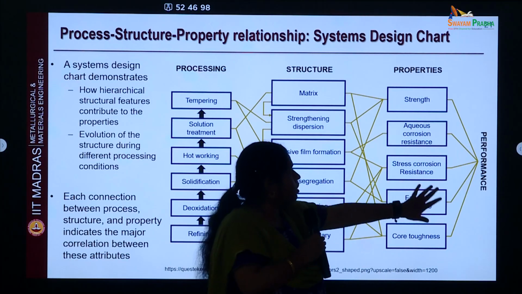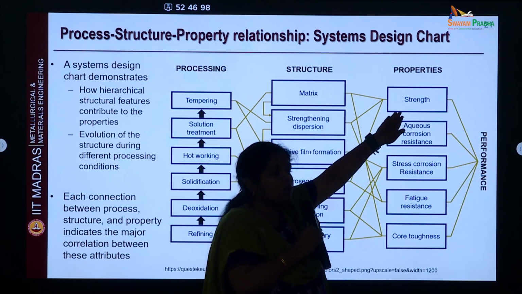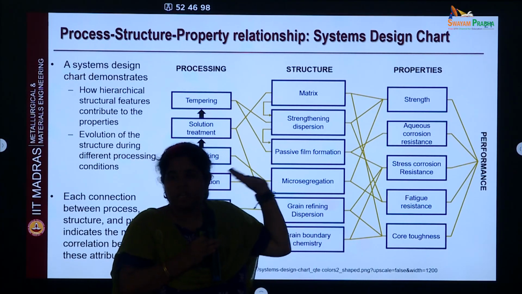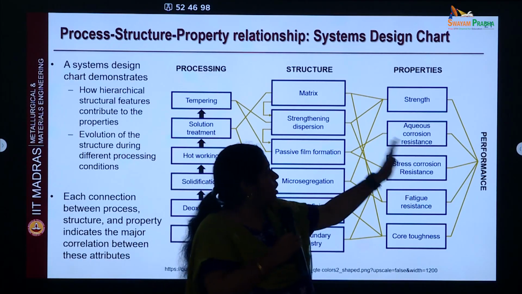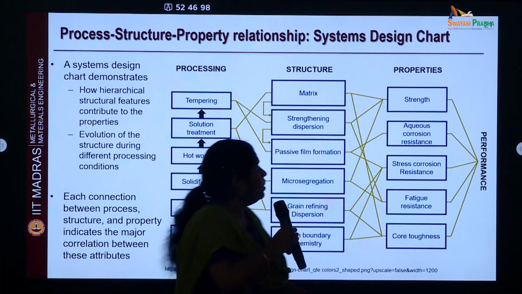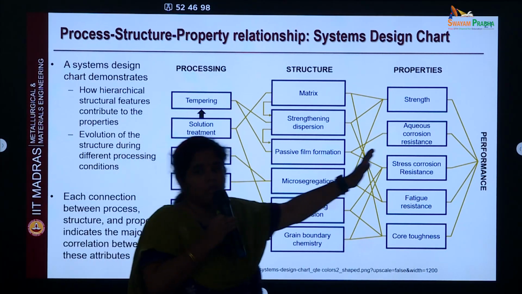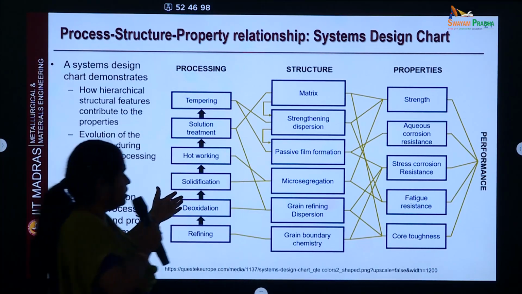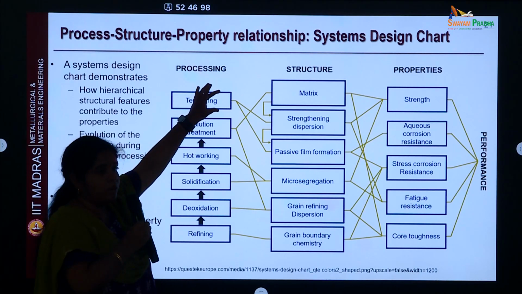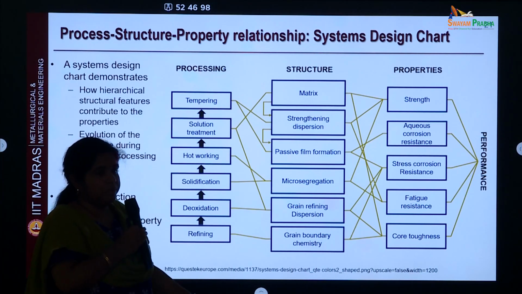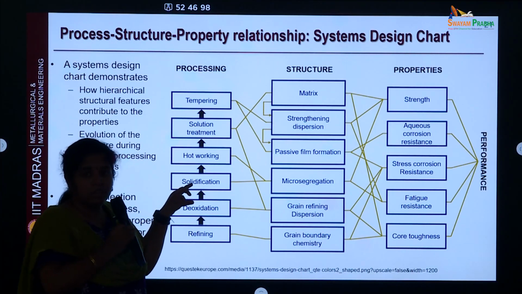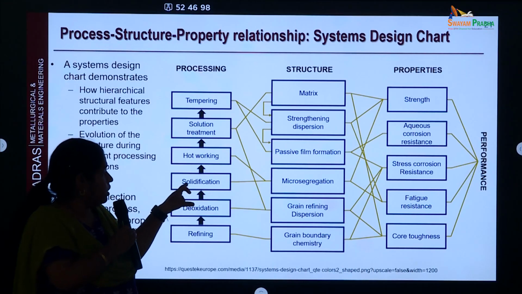Here the targets are not given, but typically the targets are also clearly specified in this property part. That strength is greater than, this is for a generic case, but eventually you want this, and everything finally leads to what? Performance. So processing, structure, property, performance. Now what are these lines that are linking here? Each processing step, how it affects the structure. For example, you have a step called solidification. You are doing casting, you are having the solidification.